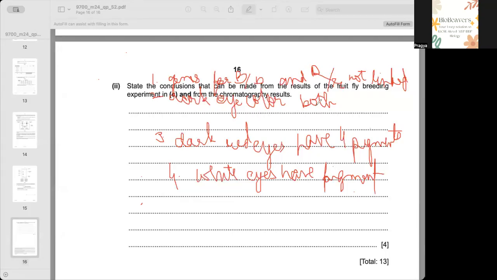When you are talking about experiment C, you can even talk about how dominant dark red color will have both the dominant genes, and it is clearly visible from the analysis given there. Please make sure when it is a 4 marker, you are able to write 2 and 2 for each one of them. With this, we end the February March 24 5-2 paper, and we have been able to